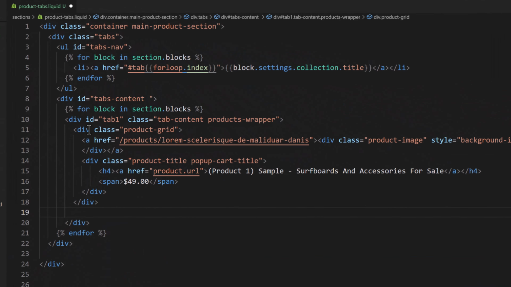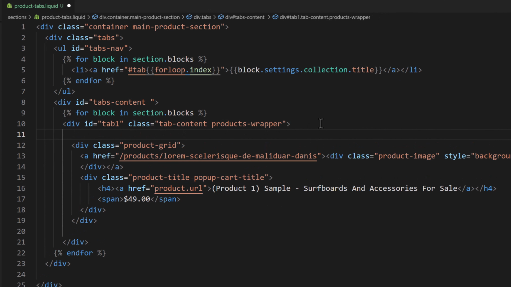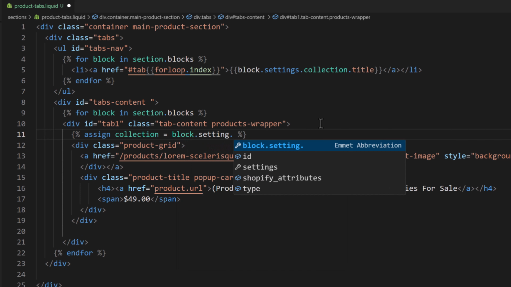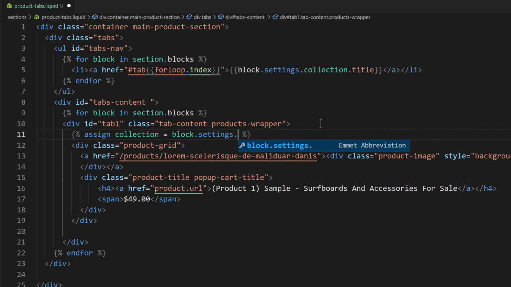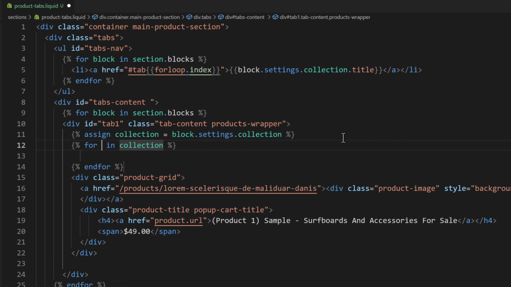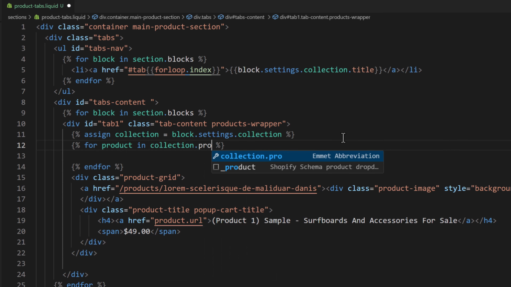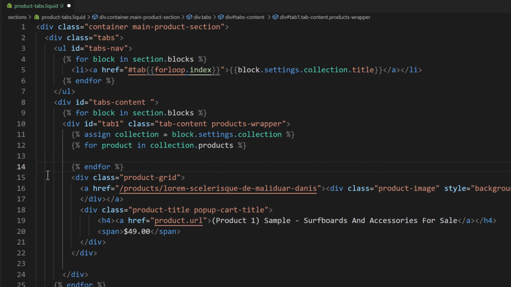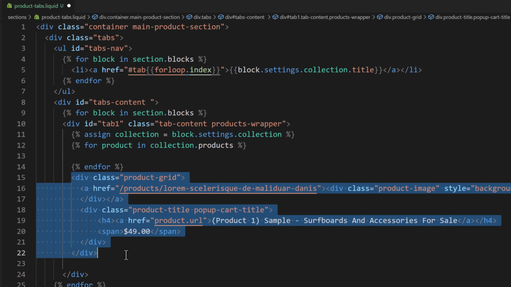Okay, now we can loop through the products of each. Let's assign collection, and that will be equal to block.settings.collection. Now we can loop through the products and say for product in collection.products, and let me put this grid inside the loop